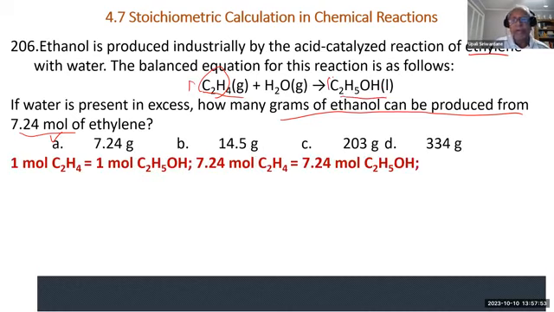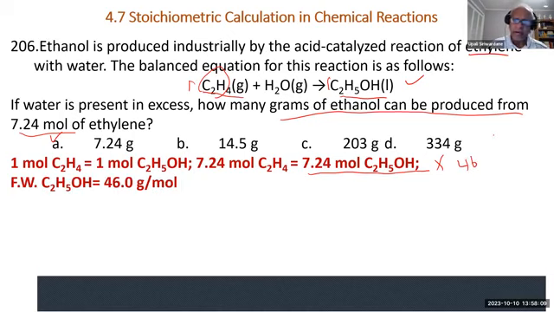Therefore, the same number of moles of ethanol is produced. So how many grams of ethanol? This multiplied by the molar mass of ethanol. Molar mass of ethanol is 46, I think. So 7.24 multiplied by